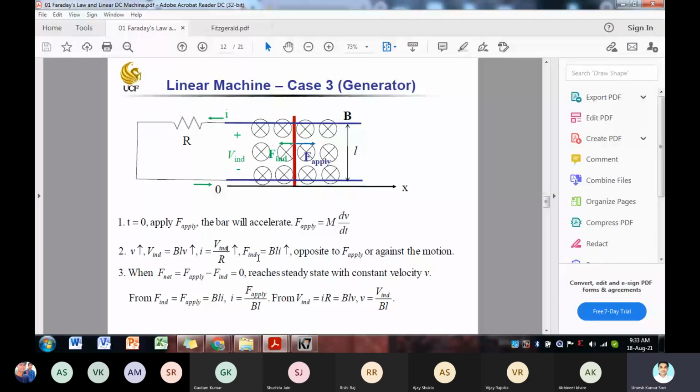In that case, due to this current in the conductor, there will also be an induced force. तो induced force जो है हमेशा जो F अप्लाइड है उसके अपोजिट होगा, क्योंकि हमेशा अपोजिट फ्लक्स जनरेट करने की कोशिश करता है कंडक्टर, जो भी उस पे फ्लक्स जा रहा है, so that will oppose the conductor. तो F induced is equal to BLI. This is exactly opposite to the applied force. ठीक है ना, मतलब कि वो इनर्शिया है उस पर वो अपोज करेगा, कंडक्टर मूव करने के लिए अपोज करेगा।